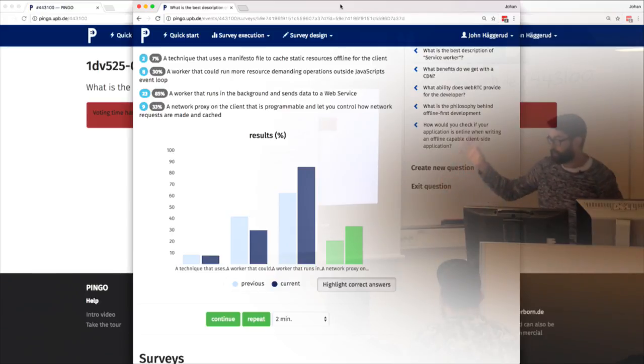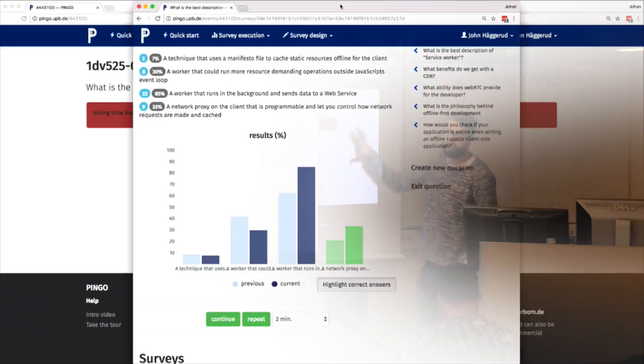Yeah, I mean, security-wise, if you want to do a security final thesis or something, there is probably a lot of work to be done regarding service workers. You will probably be able to get a good headline and scare people and get in Aftonbladet or something, if you like. So, but